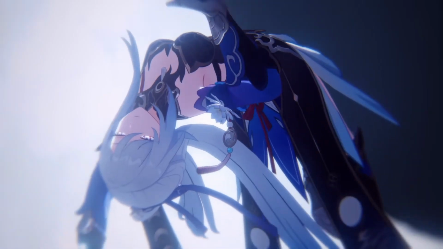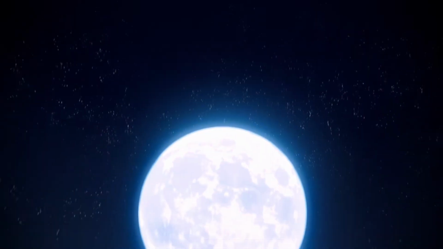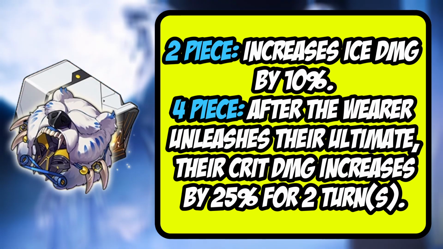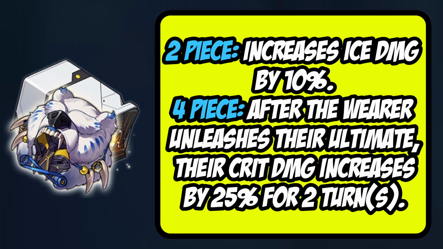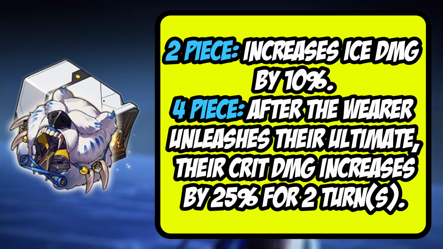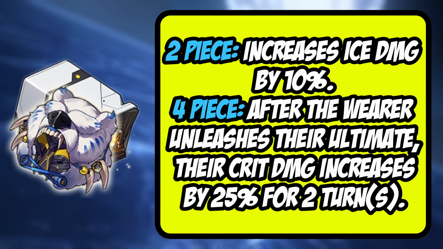Now, relic set, pretty simple, pretty to the point here. I think her best overall generalized set is going to be the 4-piece ice set. The 2-piece is obviously going to be increasing your ice damage by 10%, and the 4-piece is going to be increasing their crit damage by an extra 25%. This also plays a pretty big role with my claim I'm making with the Energy Regen rope. So this is why I recommend it just as a general set